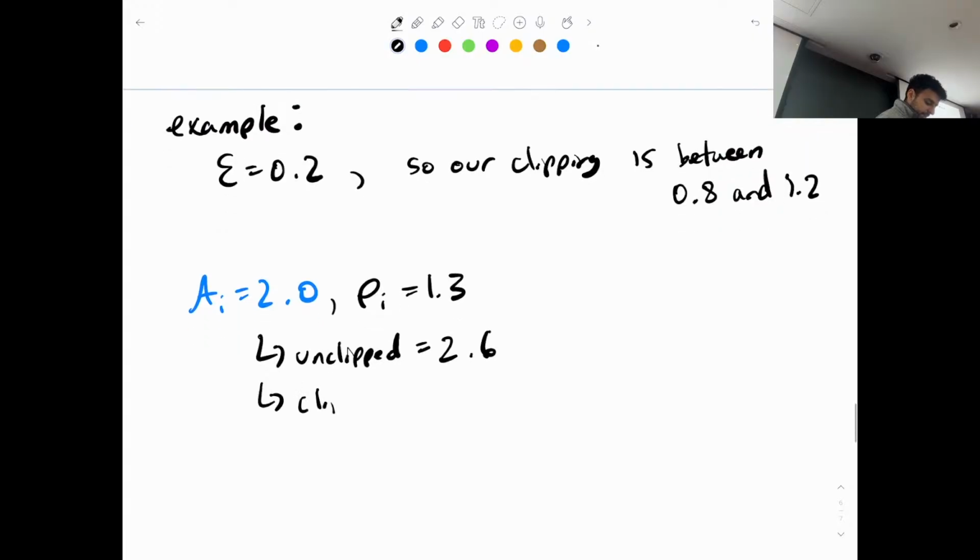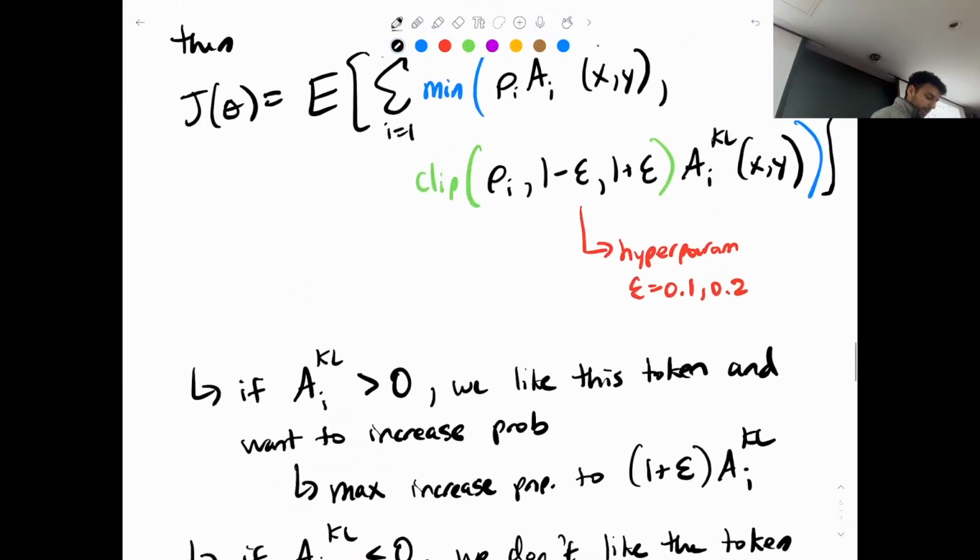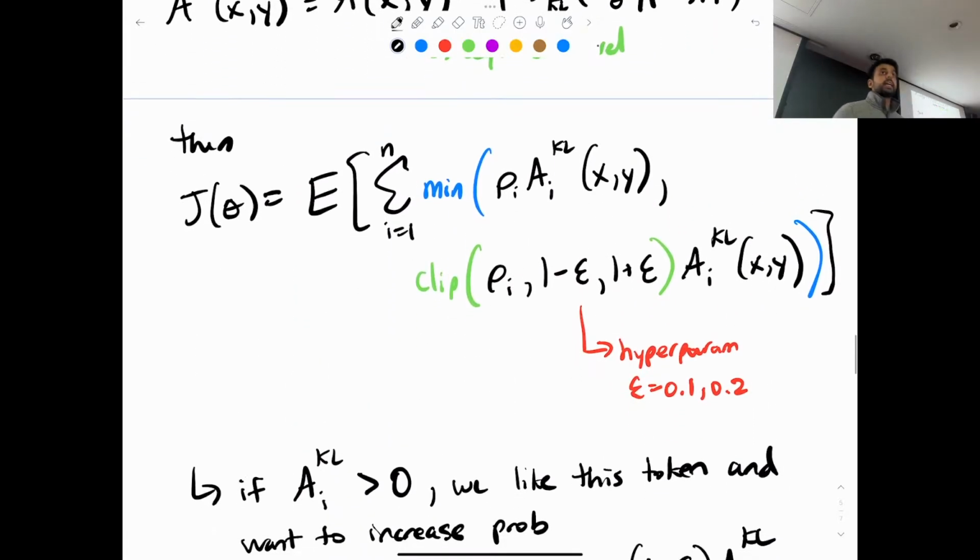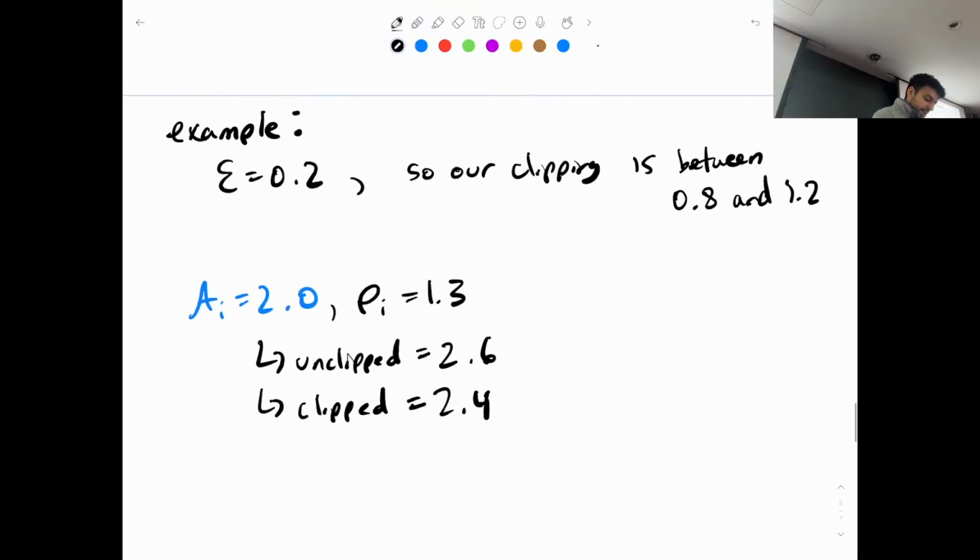Whereas the clipped term is going to first clip the policy ratio to 1.2 and then do this multiplication. So it's 2.4. And we see that in our equation up here, we are taking the minimum of the unclipped and clipped term. And so in this case, we are going to take the clipped term, because it's the minimum,